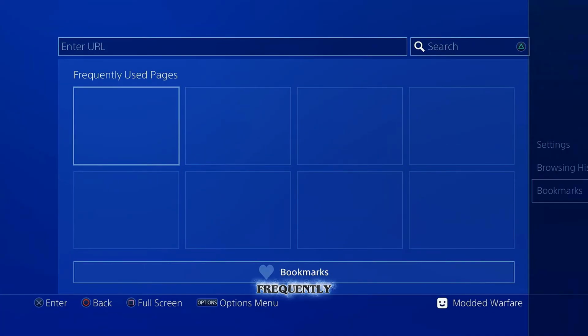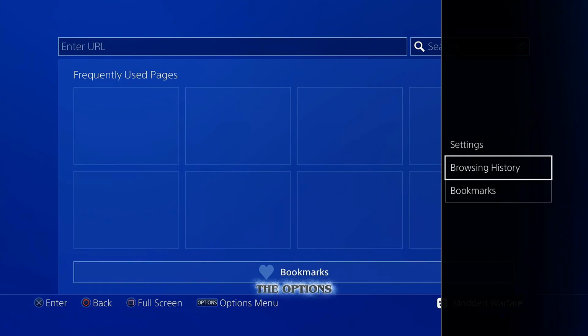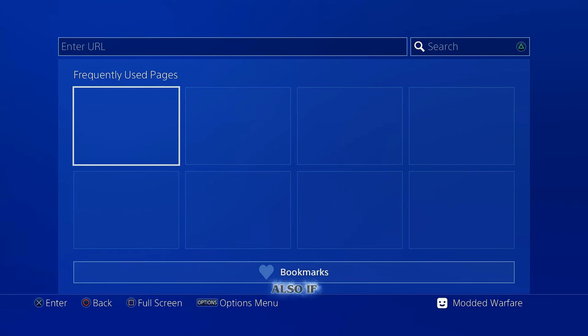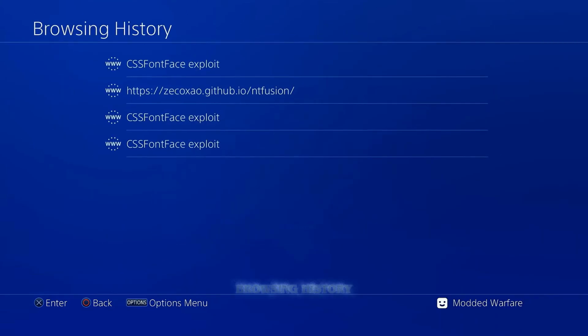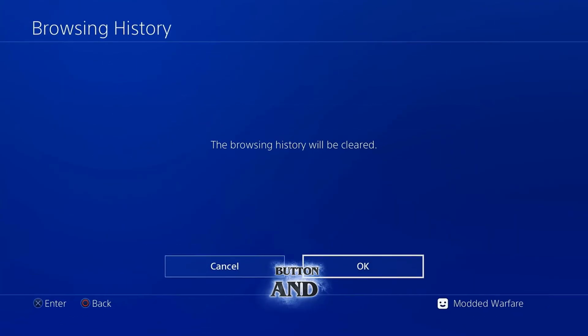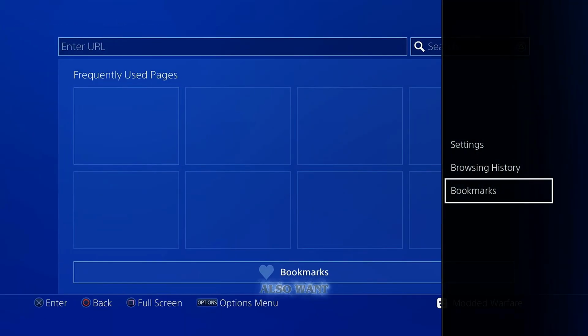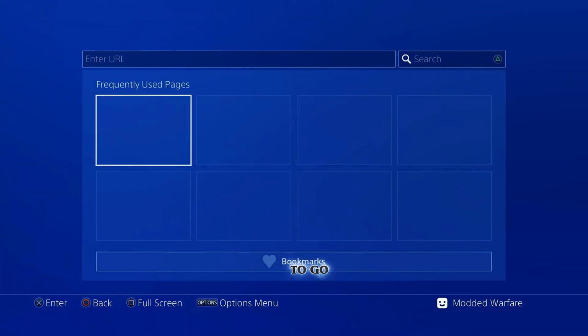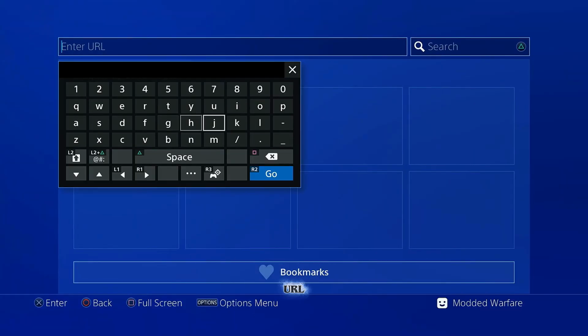Make sure you delete any frequently used pages by pressing the options button, and you'll have the option to delete your frequently used pages. Then also, if we hit the options button and go to browsing history, press the options button and clear the browsing history. We also want to press options and go to settings, clear the website data, and you should be good to go from there. So at this point, we're going to go to the URL bar and type in